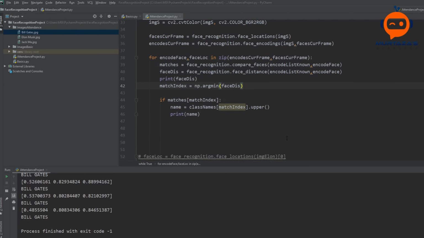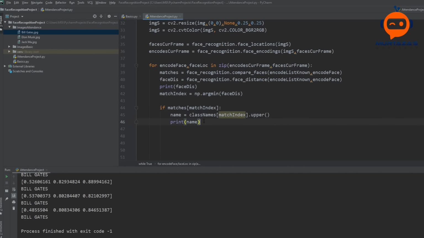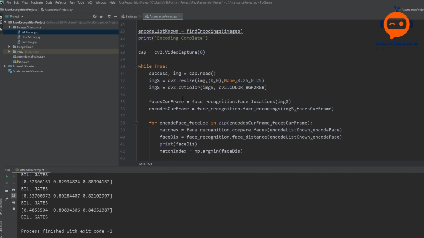Now we can create a bounding box around the face, and we can write the name. To do that, let's first show the image as well. So we can write here cv2.imshow, and we don't want to show the small image, we want to show the original image.